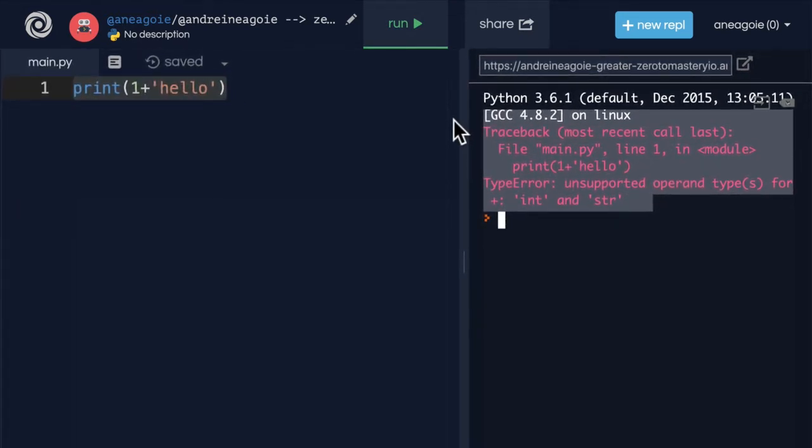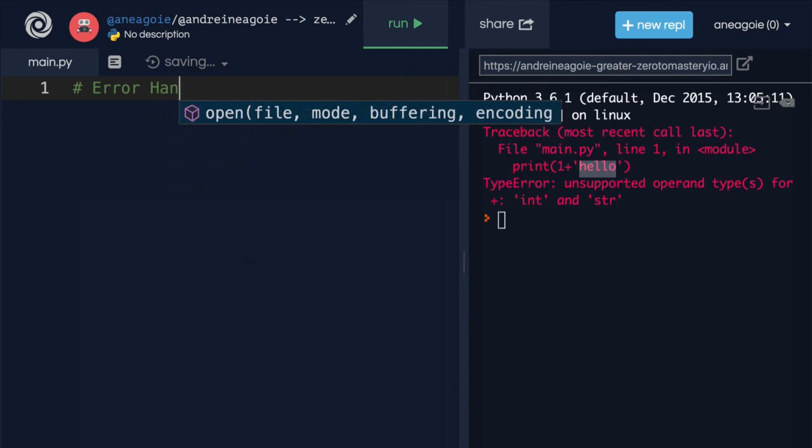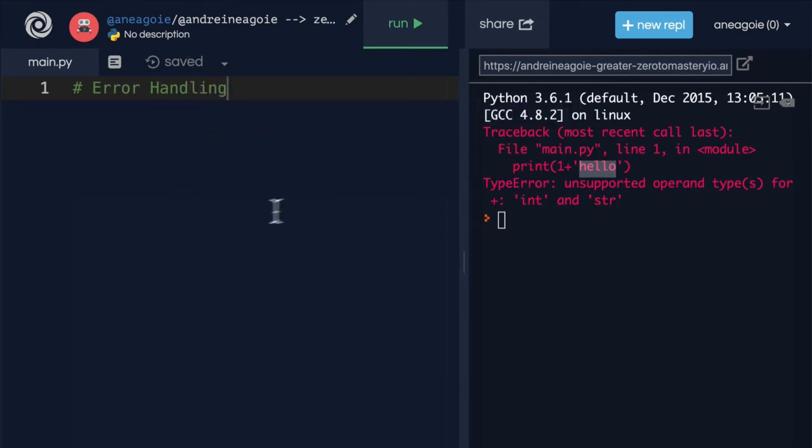This is bad because right now we're just playing. But if we're Google and people depend on us to maybe check their email, to watch YouTube videos, if our programs have exceptions and they stop working and they error out, that's bad. That could cost companies millions. So how can we handle these exceptions that crash our program? Well, we need something called error handling. It's a natural part of being a programmer, and a great programmer is able to handle errors in their program.